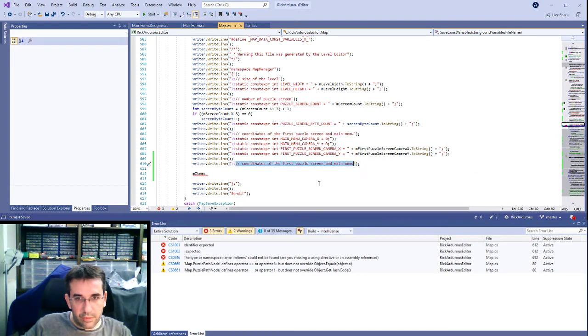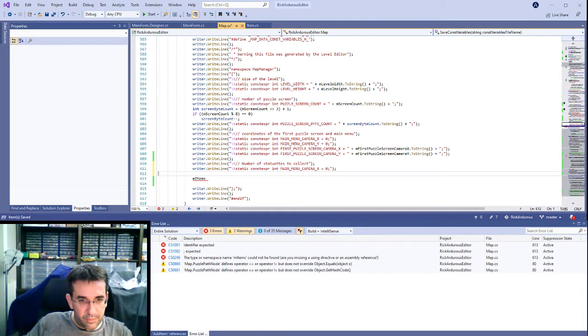So, number of statuettes to collect, and then static const exp. So it's the statuette count equal